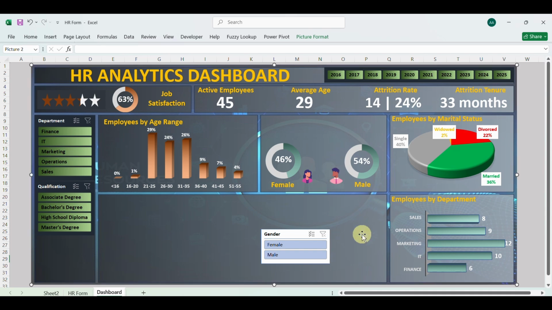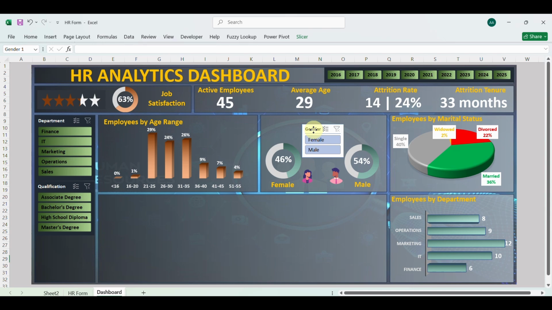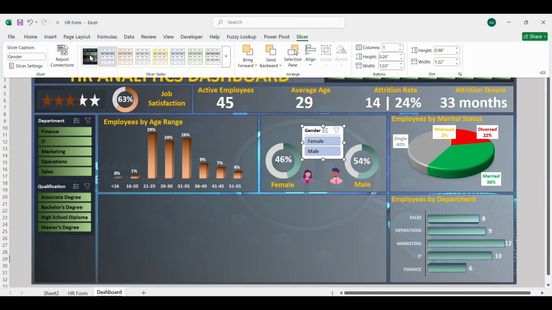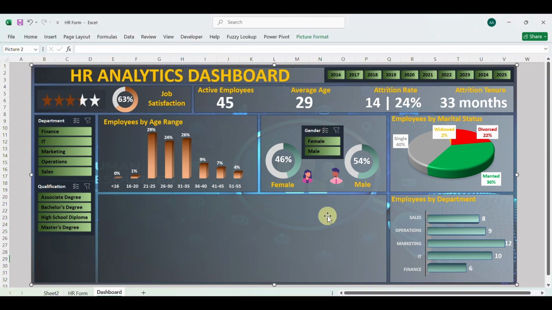Okay, it's fine. Now we want to put our slicer for the gender. So let's reduce the size, so that it does not take too much space. Okay, so let's copy it and drop it here. Okay, so let's go and assign our slicer we created to this slicer. Okay, so now if we try to use,